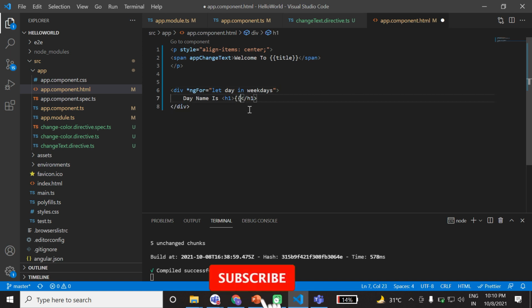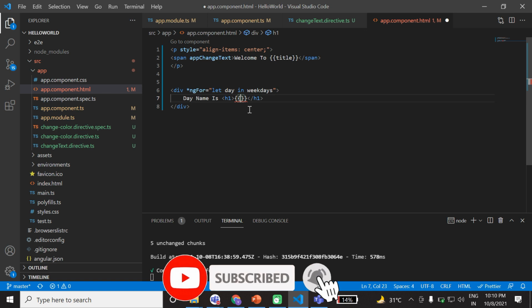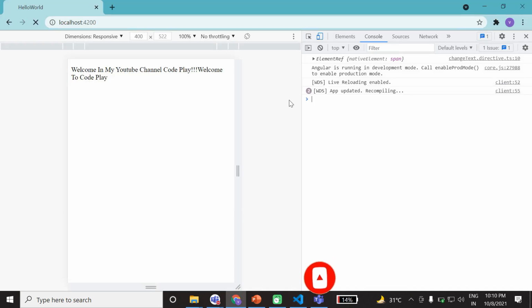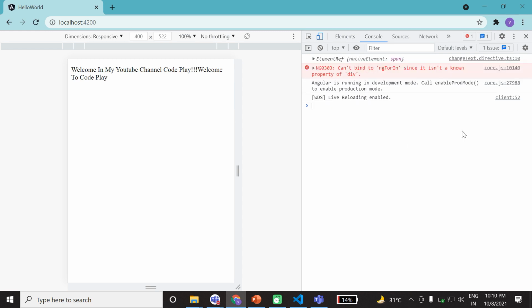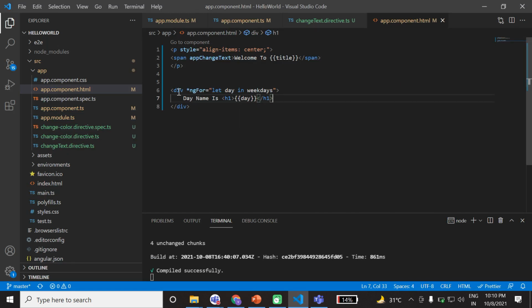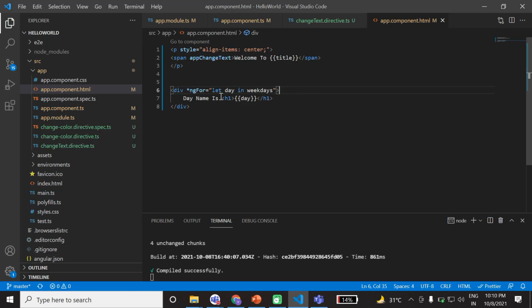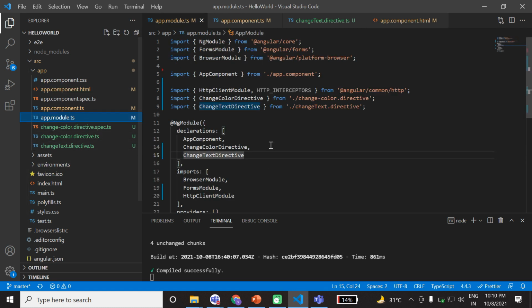Now using interpolation here, day. Let's see. It's showing div not a property. Inside the div, ngFor in, we need to use the forms module.